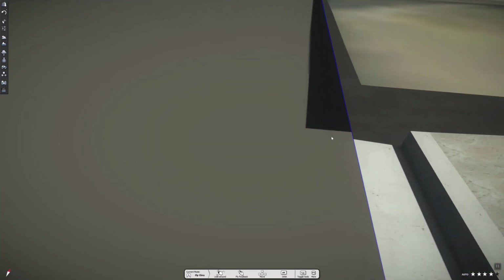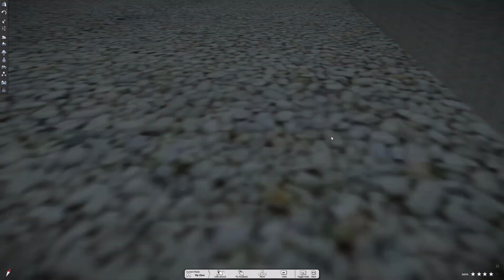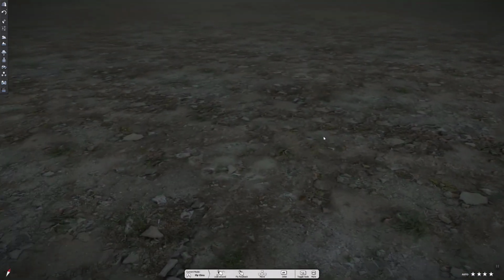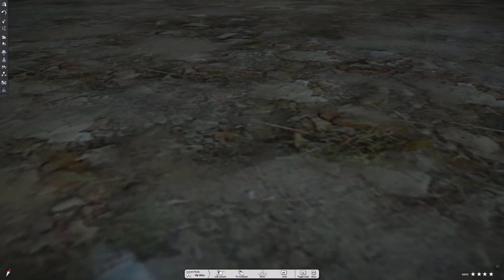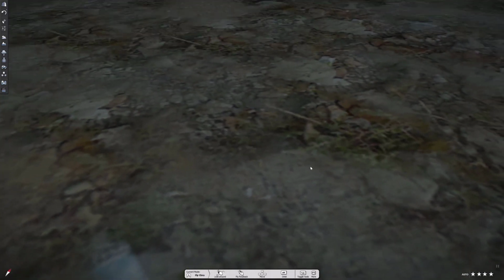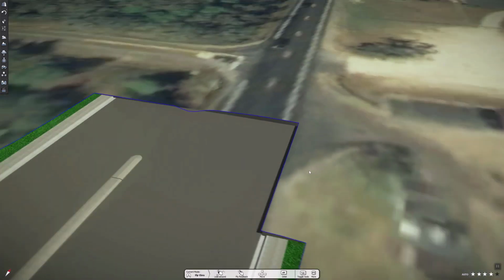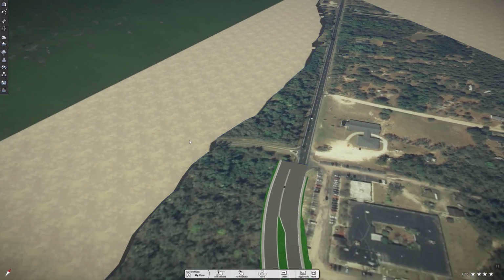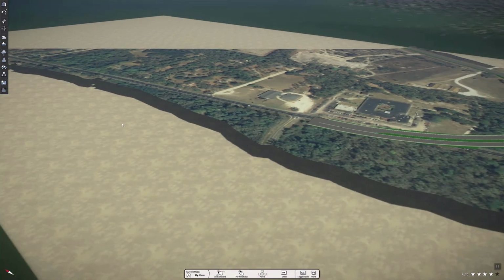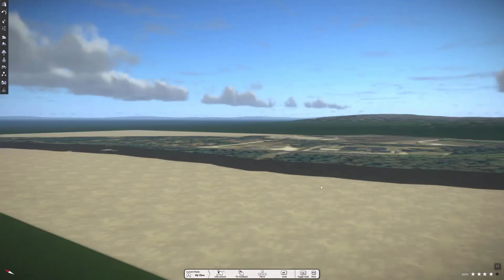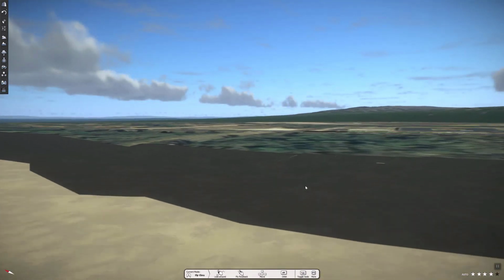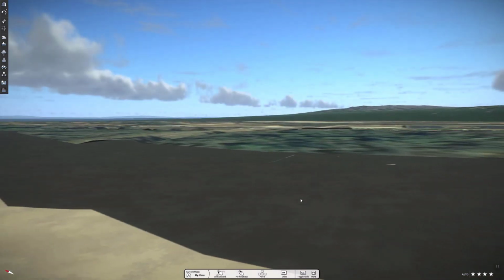If you zoom underneath, you can see things too. In fact, if you go to your, there's my pavement base. Actually, that's not even the base. That's the existing ground sort of thing. If you go underneath it, you should see your drainage utilities if you have them turned on. If they're in 3D, you should see them.